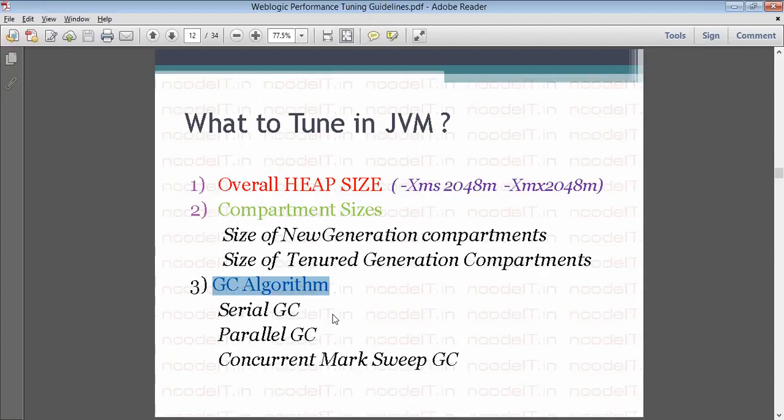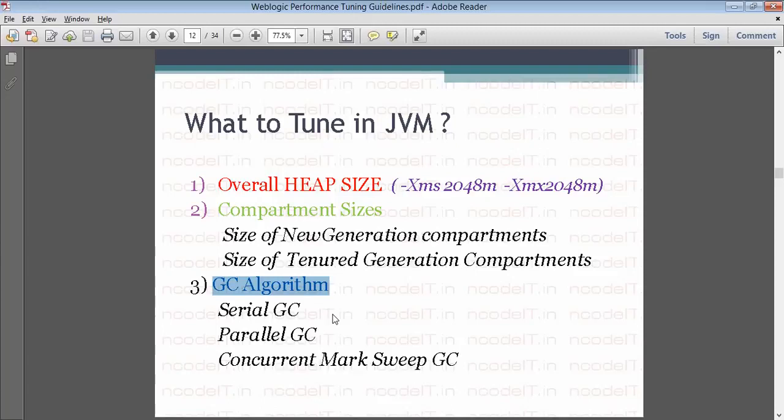So we always say we don't want GC, but if GC comes in, make sure it finishes fast. Now making sure it finishes fast depends on the algorithm it's using. These are called garbage collection algorithms. Now there are three types of algorithms you will see for garbage collection: a serial GC, parallel GC, concurrent mark sweep GC. Serial garbage collection, parallel garbage collection, concurrent mark sweep garbage collection. What they mean is,